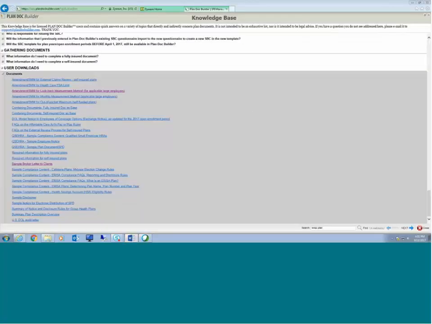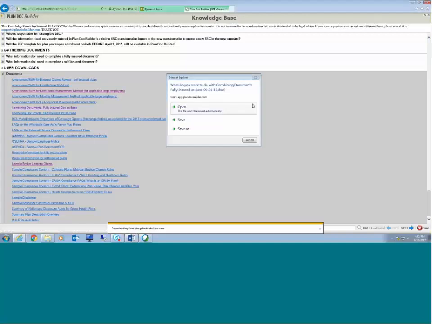And another section that people tend to use, and again, there's these disclaimers here and letters, but people are really, really interested in these combining document resources. So if you had multiple plans, and some of them were fully insured and some of them were self-insured, you can combine them into a larger document. Now, what this does require you to do is it does require you to pull open